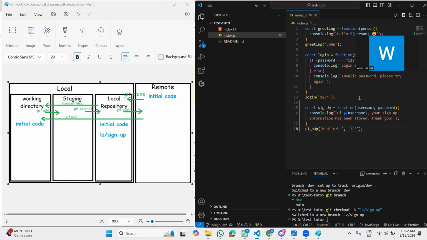After I've done my coding, I need to add my code, this segment of code, into the staging area for saving purposes. So by typing git add dot, the dot means add all the changes to the staging area. When I press enter,